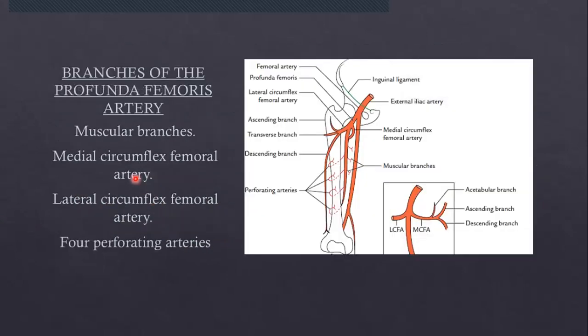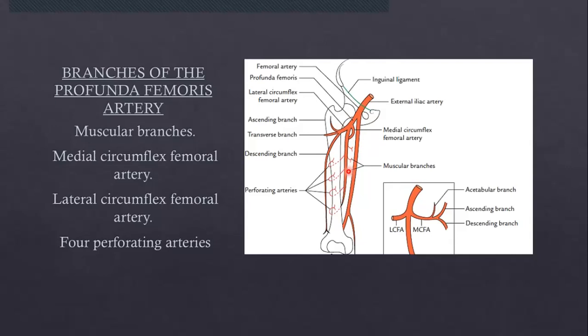Let me show you that. Now, branches of the profunda femoris artery. Here you can see this is the common femoral, this is the superficial femoral, then this is the profunda femoris. Then it has branches here, the lateral circumflex femoral and medial circumflex femoral artery, and then it continues and gives off